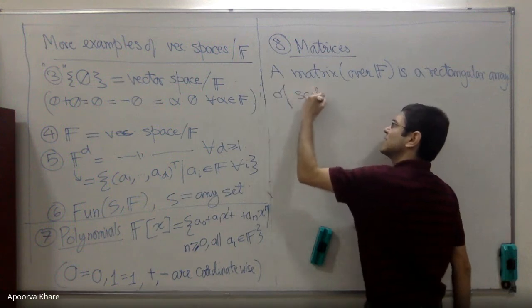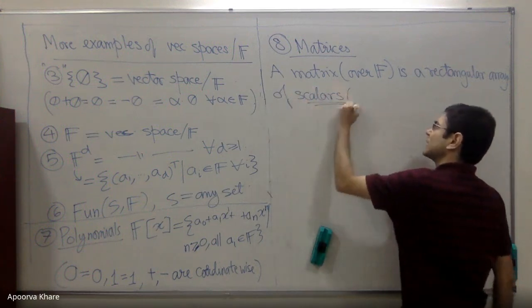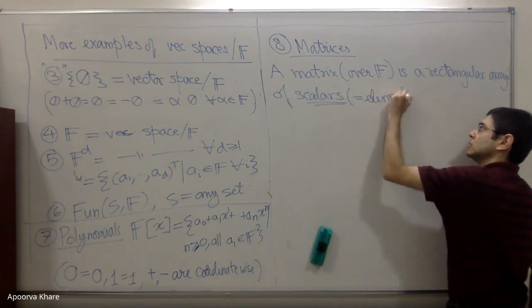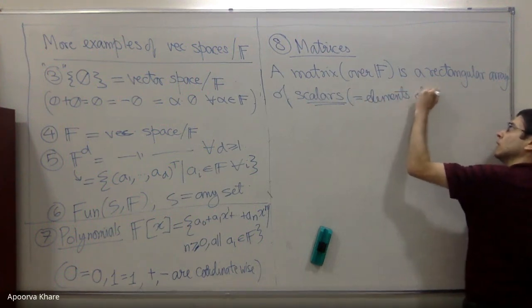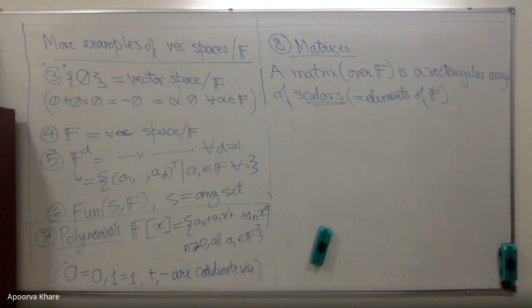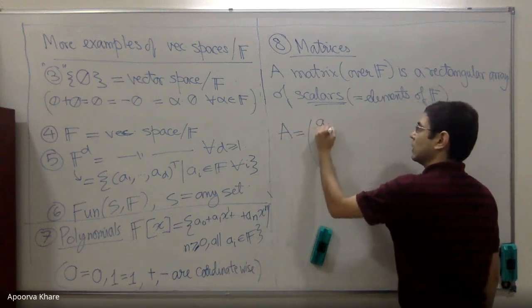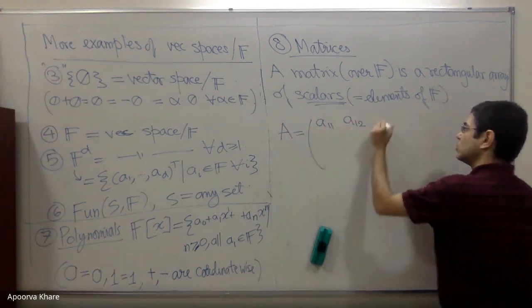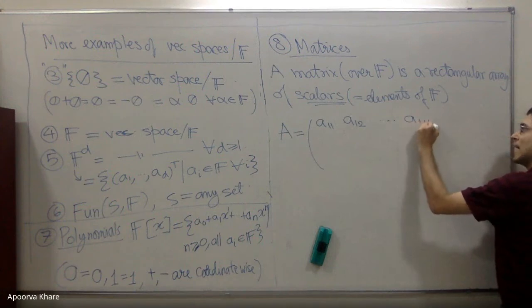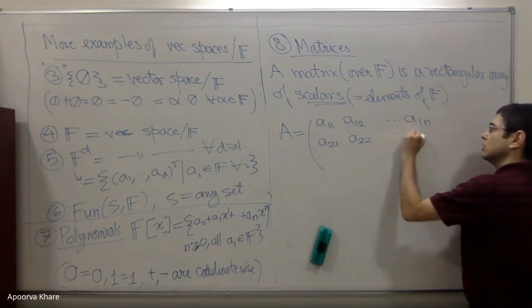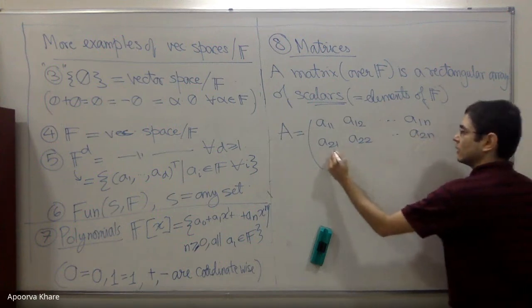I should have said somewhere that by scalars I just mean entries, elements of F. That's it. Yeah. So we write it down something like this: A equals A11, A12, A1n, A21, A22, A2n,